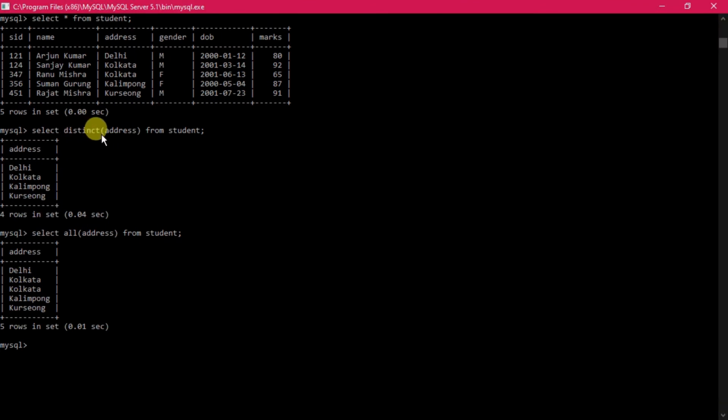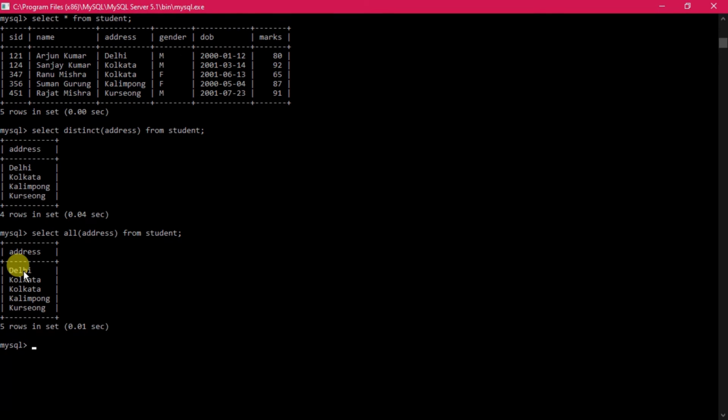Distinct displays only the unique addresses, not the duplicates, but all shows you all the addresses, including duplicates. That is the difference between the distinct clause and the all clause.